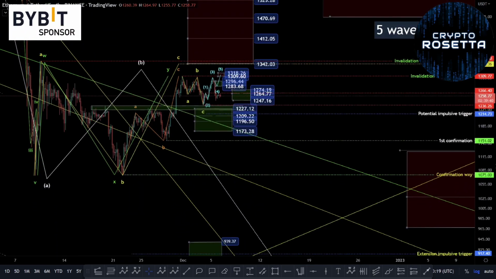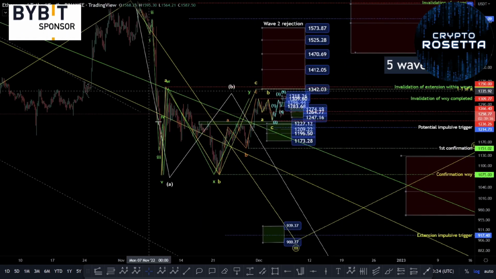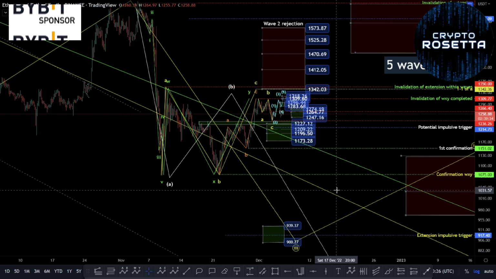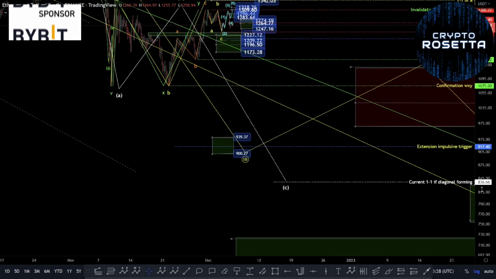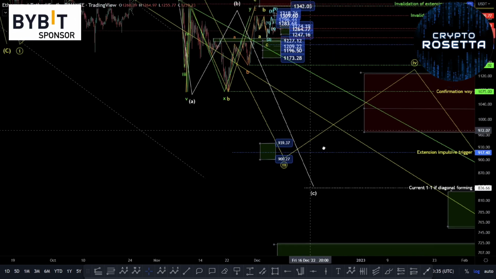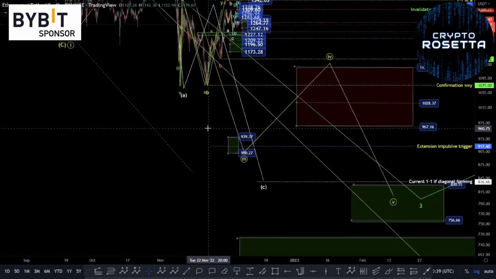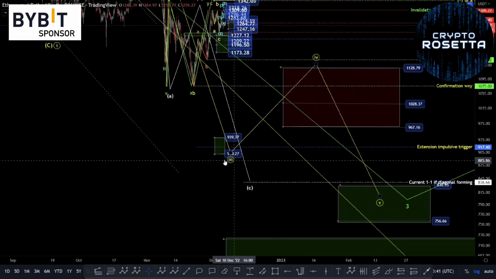So the potential 1-to-1, if we look at it as a 1-to-1 of this 5-wave move here, we could be looking at a potential move down to this 836 area, though need to also be mindful that we could count this as 1212 within the beginning move here, and a move down past this